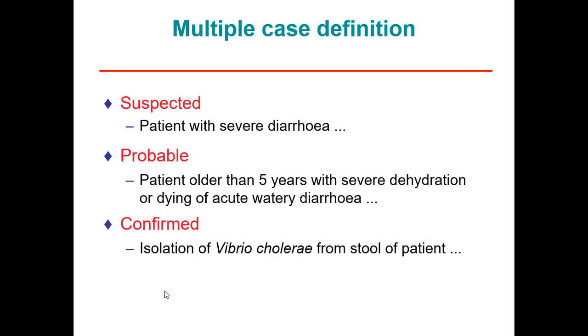In that particular situation, you probably have a probable case. Let me give you an example. When the first person who got Ebola came into Rivers State, he went to the hospital and was attended to by a doctor. That doctor, who attended to the first case of Ebola, fell ill and died before a sample could be collected